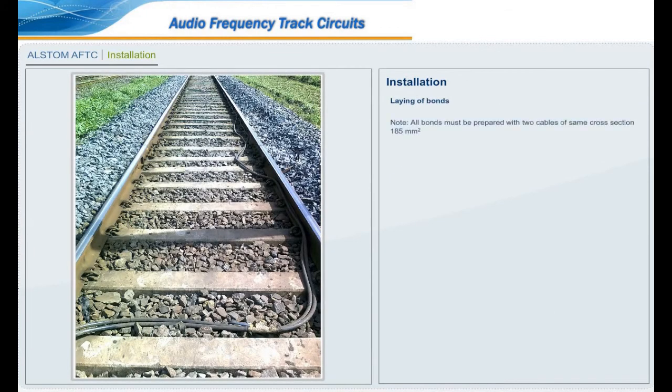Laying of bonds. Note, all bonds must be prepared with 2 cables of the same cross section, 185 mm square. Hot dipped galvanized steel cable to IS 2266, 37 x 19 x 0.51, with 2.5 mm thick PVC sheathing. Drawing number